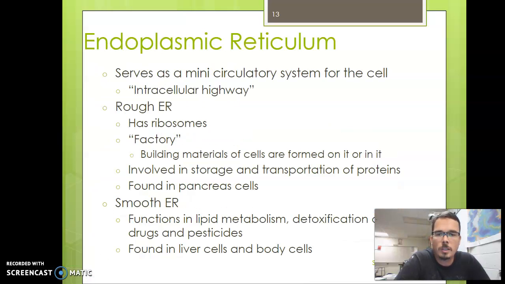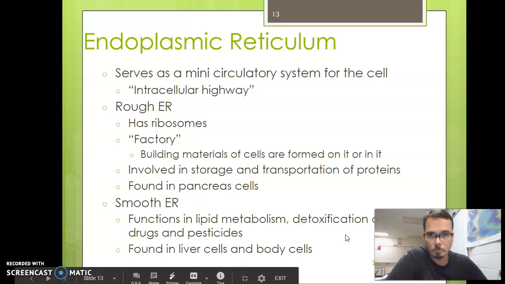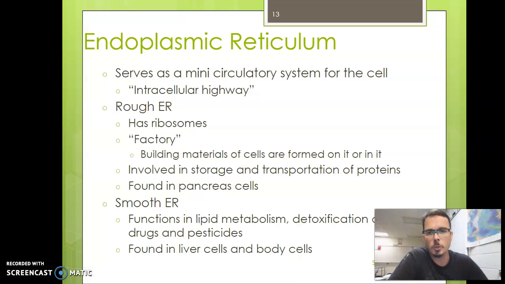In the cytoplasm, we also have the endoplasmic reticulum, also known as the ER, and it serves as a mini circulatory system for the cell. And it's also known as the intracellular highway, so it moves things around the cell. The rough ER has ribosomes on it, which make it look rough. And ribosomes are the building materials of cells, and they are